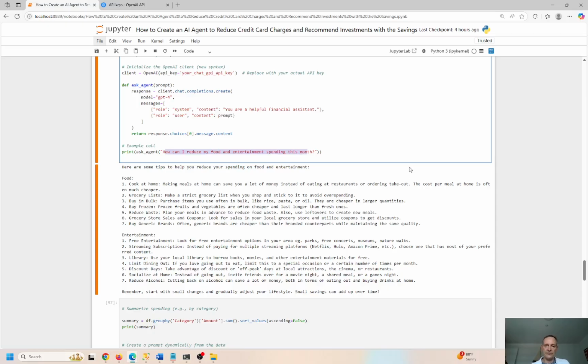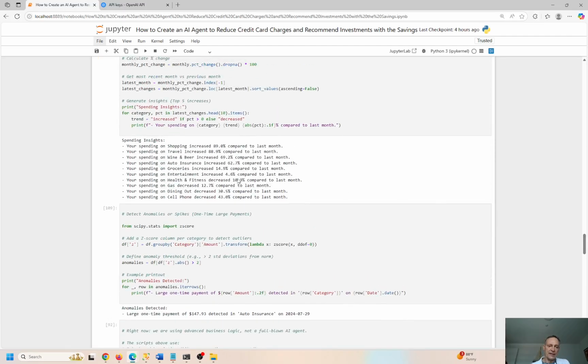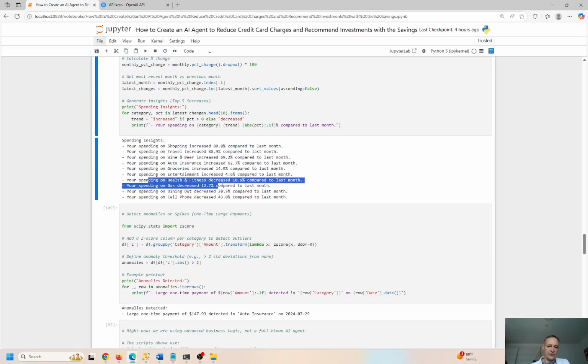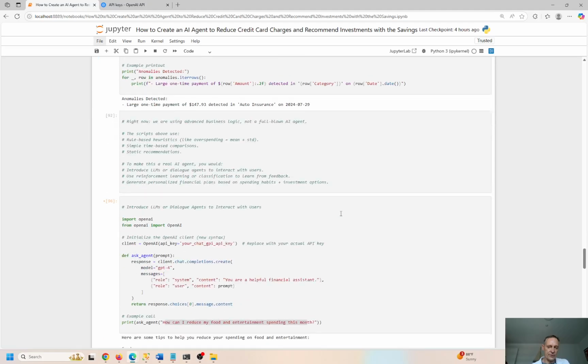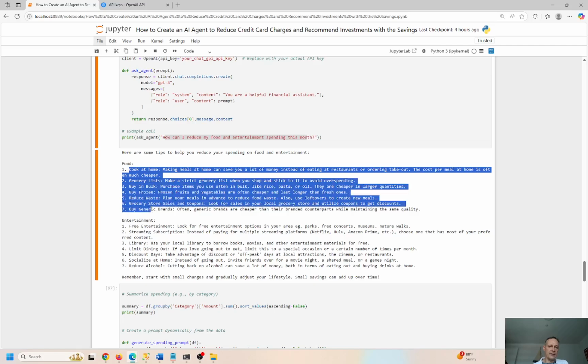This is a totally different experience I'm getting from this agent than what I got over here. It's literally telling me the spending was here, this was your historical spend, dining out and cell phone and so on and so forth. So it's giving me a literal kind of feedback mechanism for what happened. This agent is giving me recommendations into the future, how I can plan better into the future, right? And it's giving me guidelines.